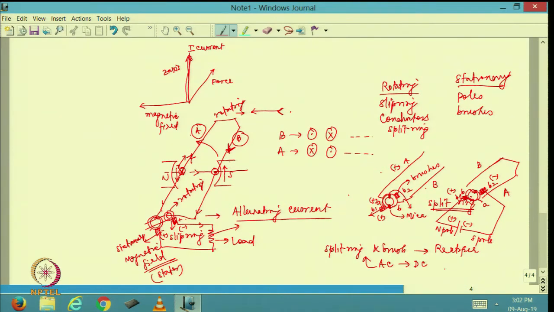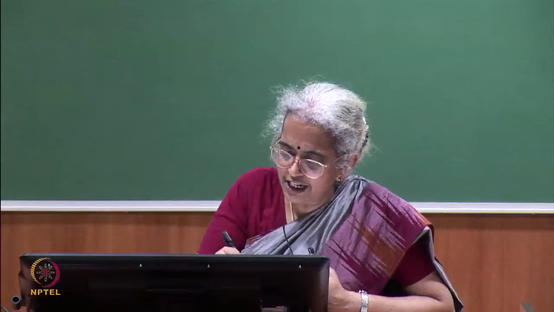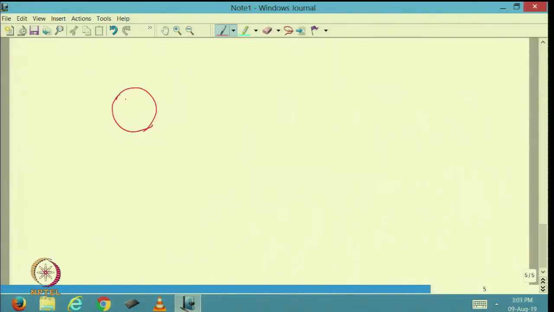But I am not going to have just two conductors, I am going to have multiple conductors. So, that is why I will have several conductors connected together. I will essentially have the split ring divided into multiple copper segments which are insulated by mica. So, I am going to have multiple segments like this and each of them is insulated with mica. Do you get my point? So, each of these is going to be mica and these are going to be copper segments,